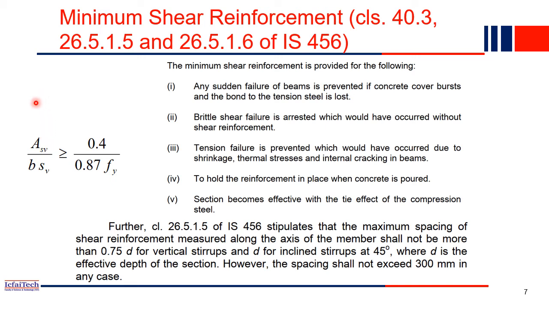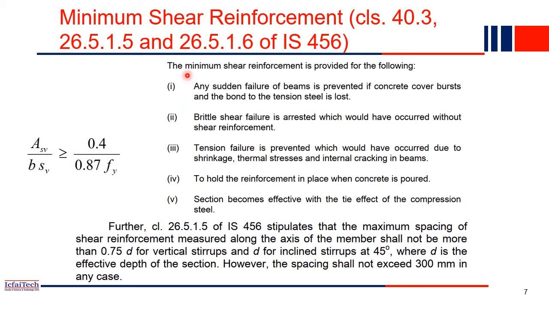For example, the applied shear stress is less than the shear stress developed by the concrete as well as the longitudinal bar. So in that case, you may not need to provide the shear reinforcement. But our code says even in that case also you have to always provide the minimum shear reinforcement. By this formula you have to compute it, and whatever ASV value is coming, that you have to provide.